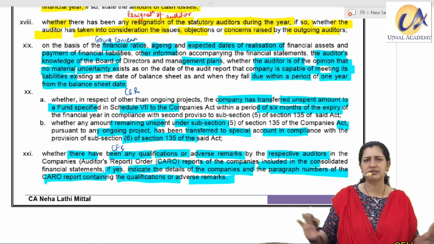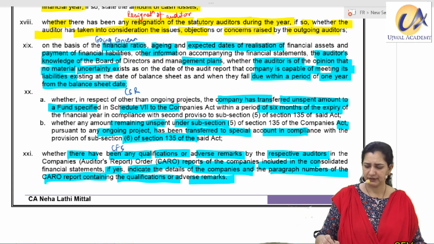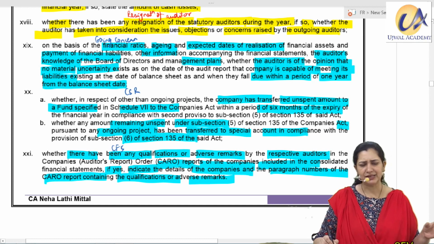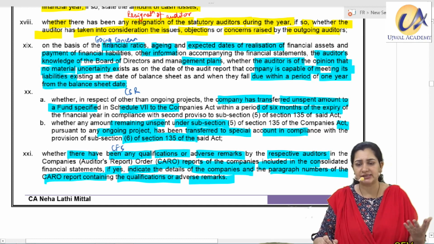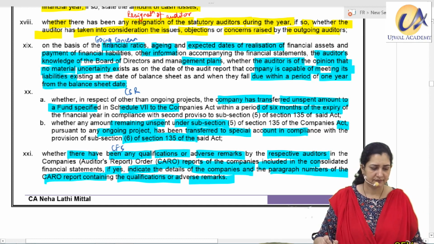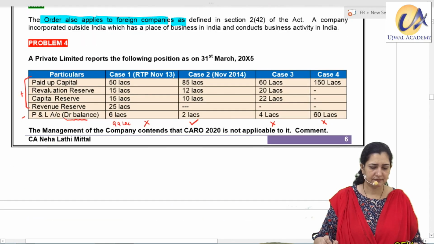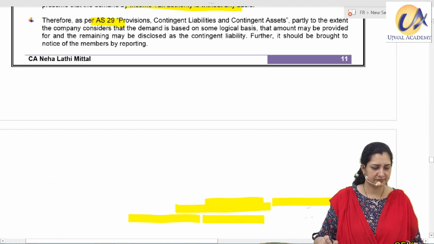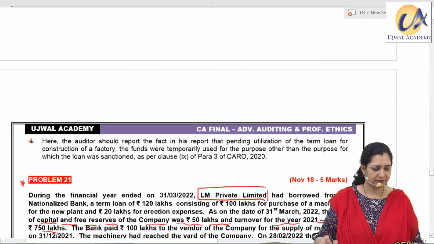Otherwise, we are not bothered about CFS. Okay. So with this, all my 21 points are over. Last few points are comparatively self-explanatory. And now we come to our last few problems. Problem number